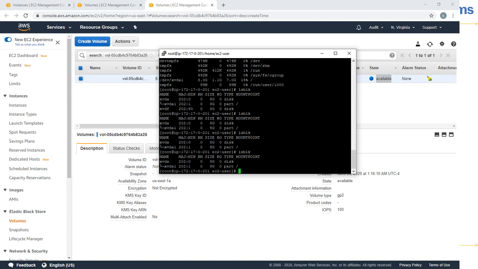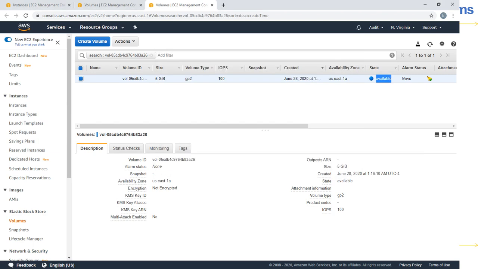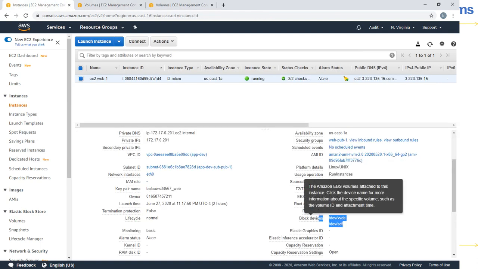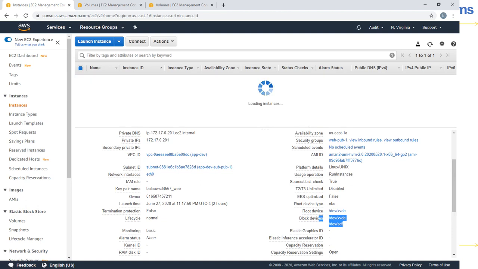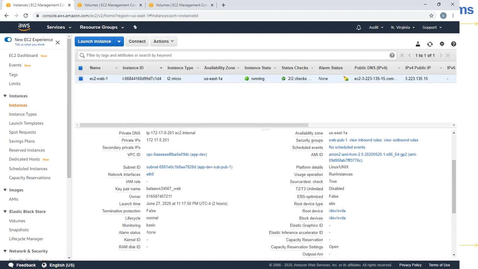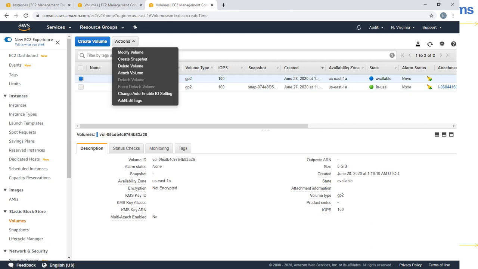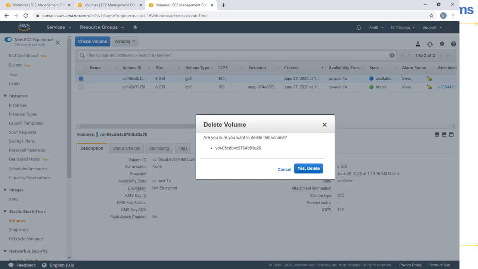So it was successfully unmounted and detached from your EC2 instance. When you go over here, currently you have two EBS volumes. If you refresh, it's gone, but you are still seeing it in volumes. This is the additional volume you still see. To avoid unnecessary charges, go ahead and delete this volume.